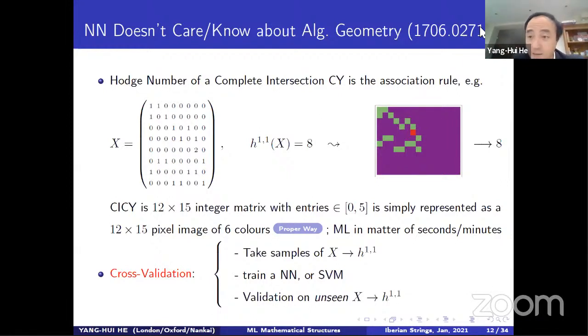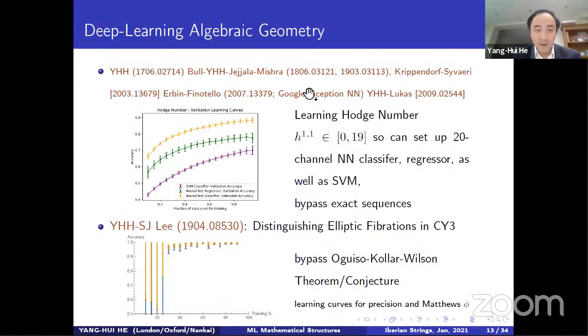And I didn't think at the time that this was going to be possible. Because if so, then there's some underlying pattern here about computing cohomology, which we just simply don't know about. But surprisingly, this was doable. So I tried some initial experiments, and then with my student Kieran Bull at Oxford and my friends Jejjala and Mishra, this has been improved. By 2018-19, it was already getting this, a 20-channel classifier of just feeding in matrices and trying to predict what it is. Okay,